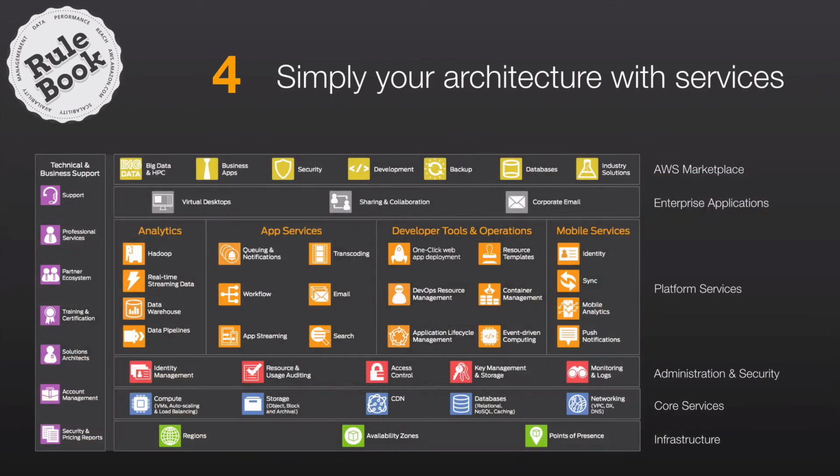And of course, there's lots and lots of other AWS services that we haven't covered during this session today. You can see a full taxonomy layout of AWS services on this slide. And you'll see there's other things in analytics, app services, deployment and operations, and mobile services, as well as administration and security, that can simply reduce the amount that you need to do and allow you to focus more of your effort where it's important on functionality and scalability within your application rather than on the infrastructure.